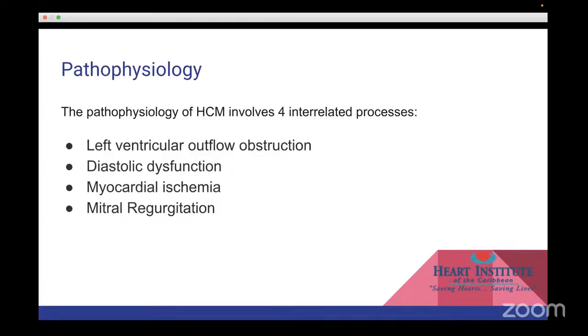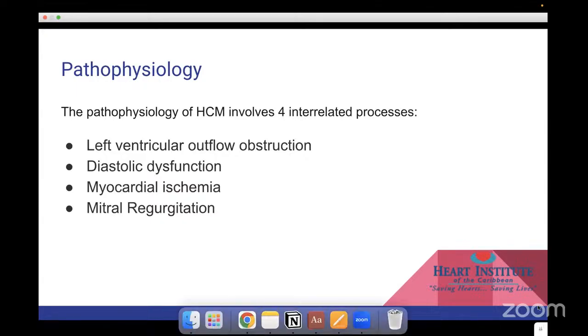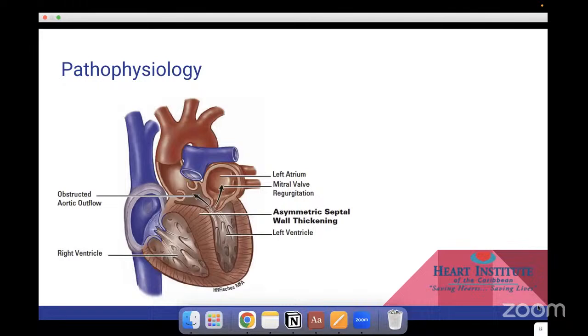Now on to the fun part, the pathophysiology. Once we understand the pathophys of this disease, we can understand the signs, the symptoms, and pretty much everything else that comes along with HCM. So there are 4 interrelated processes with hypertrophic cardiomyopathy. There's left ventricular outflow tract obstruction, diastolic dysfunction, myocardial ischemia, and mitral regurgitation. So we're going to look at a diagram as we describe this. So firstly, the left ventricular outflow tract